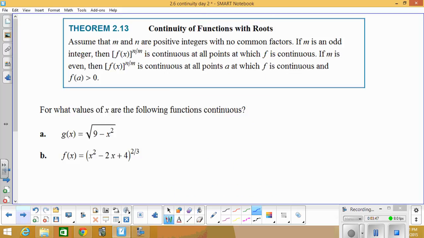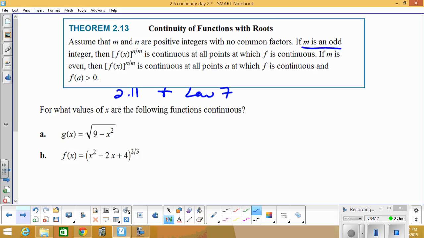Theorem 2.13, continuity of functions with roots. So some kind of square root, nth root, something like that. This follows from 2.11 and the law 7 we had on limits. Here, we're assuming m and n are positive integers and they're reduced as much as we can. It says here it is continuous for all points,